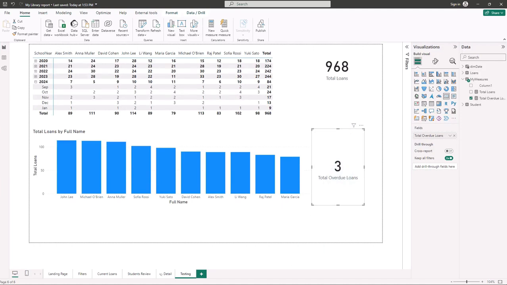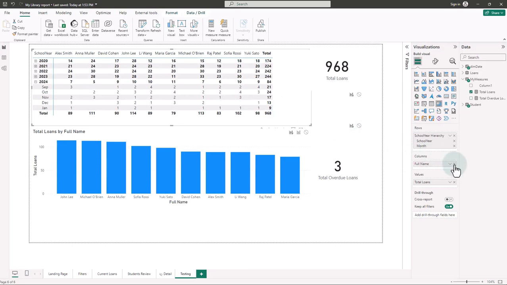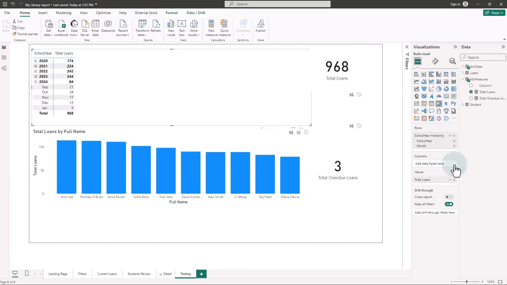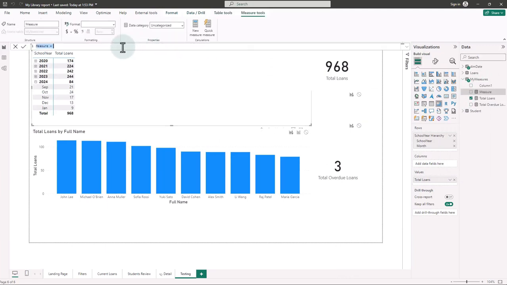I'm now going to bring in a measure that works out the total loans in the previous year. Before I do that, I'm going to change this visual. I'm going to remove the full name column, and then I'm going to right click on my measures, new measure, and it's going to be total loans last year, LY equals calculate. And what are we going to calculate? We're going to calculate total loans,